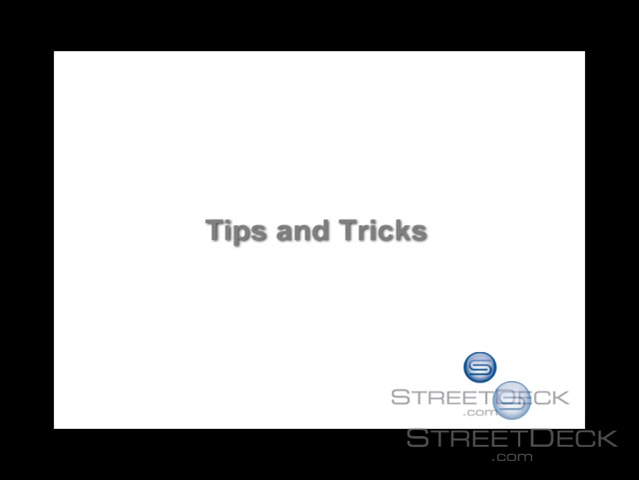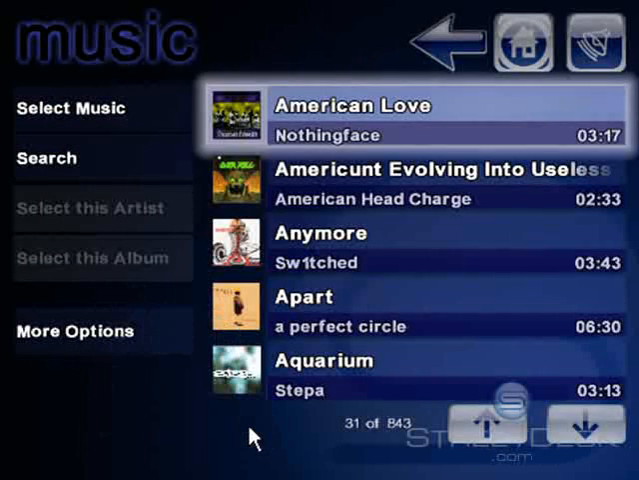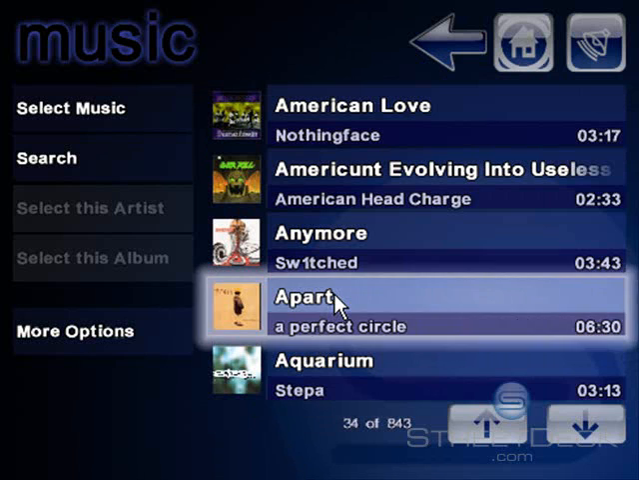This video is going to demonstrate how to use some of the less obvious features of StreetDeck. If you have used StreetDeck, you're probably already familiar with the music interface. What you may not be aware of is that you can actually delete music directly from the interface without going